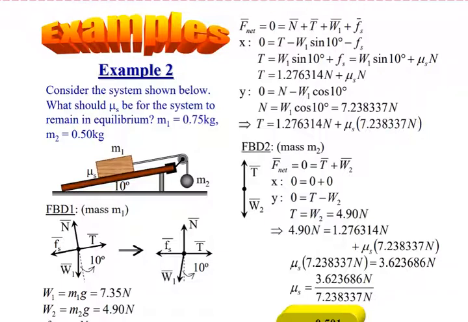Next one, we have to consider a specific system. So this is a different type of system that we will consider now, we have an inclined system wherein we have to consider the given. What we need to find now is the static mu s for the system, in order for our system to remain in equilibrium given a certain mass, which is 0.75 kilogram, and our M2 here,